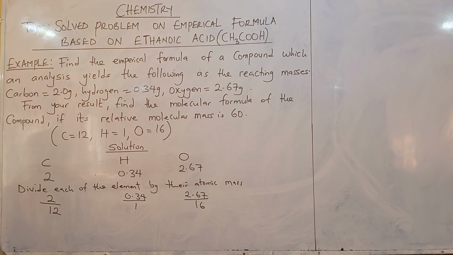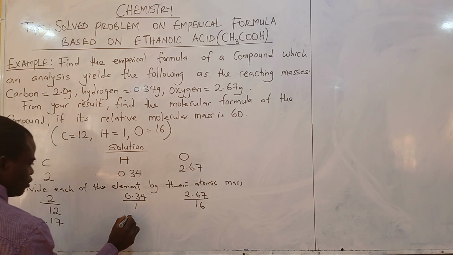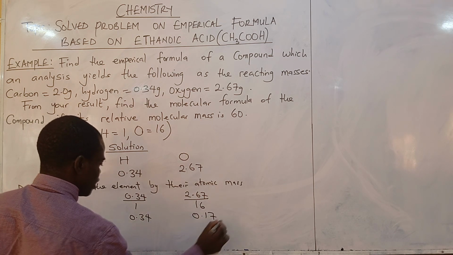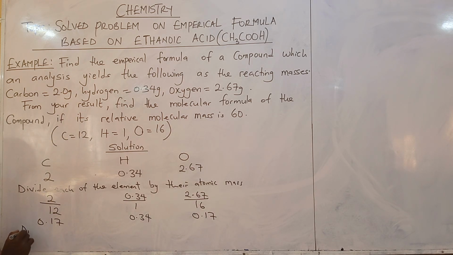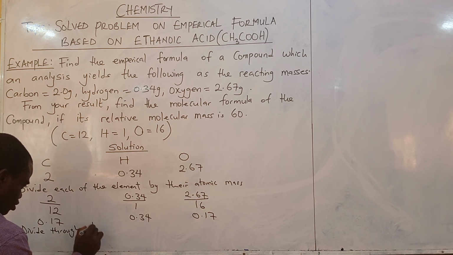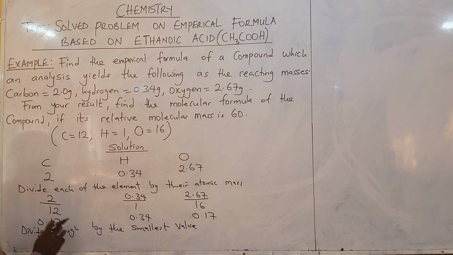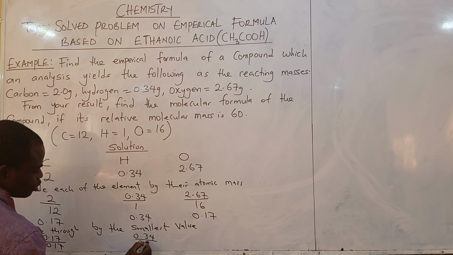Okay, when you divide 2 by 12, you have 0.17, you have 0.34, and you have 2.67 divided by 16, you have 0.17. We now say divide through by the smallest value. Now you have 0.17, 0.34, 0.17. You divide through by the smallest value, which is 0.17 is the smallest. 0.17 divided by 0.17, 0.34 divided by 0.17,